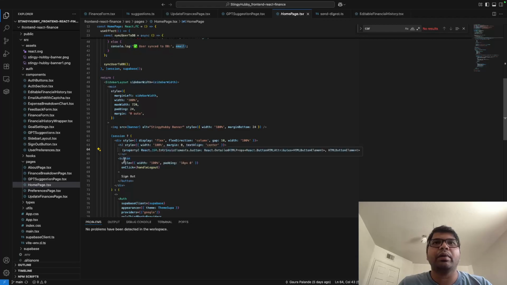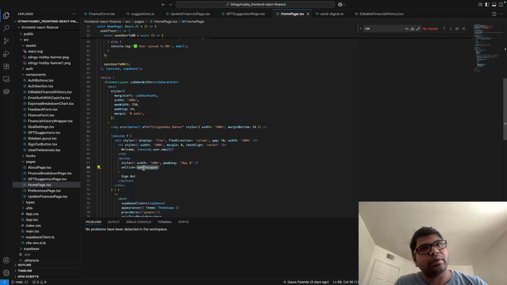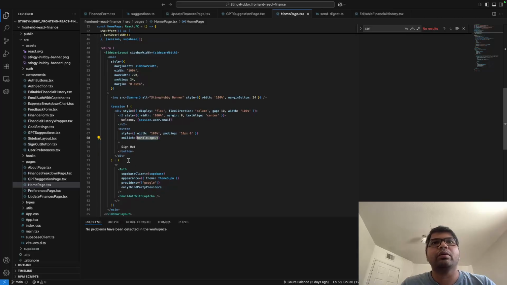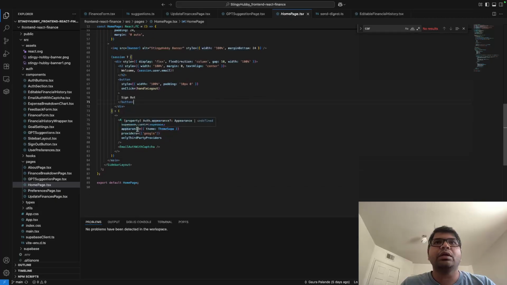And then we would have a button, and that button would have an on click event to handle logout, which we explained before. Using the Supabase client, we would be able to sign out from wherever we are within that button. Within the auth functionality,